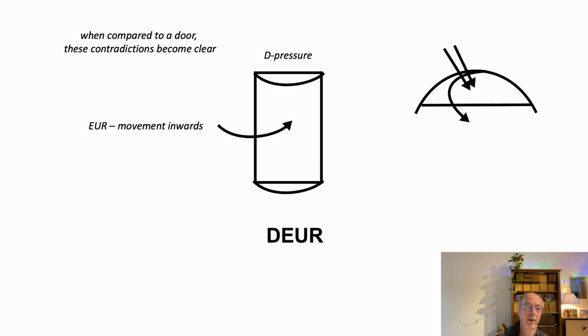And if we take a door, how it looks, then the emphasis of the word will put a focus on the pressure of the D, and the EUR will make the movement inwards. So the DEUR, if I make a conclusion about how the word works in Dutch, and where the focus is mainly directed,